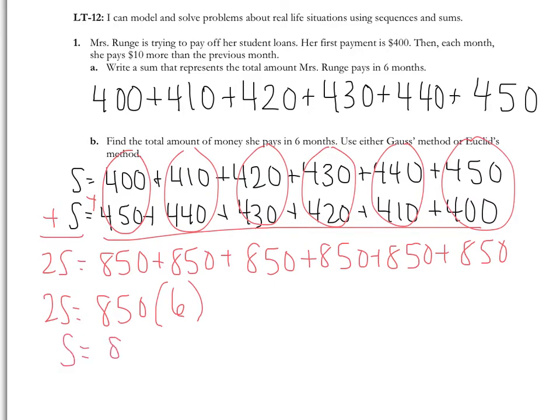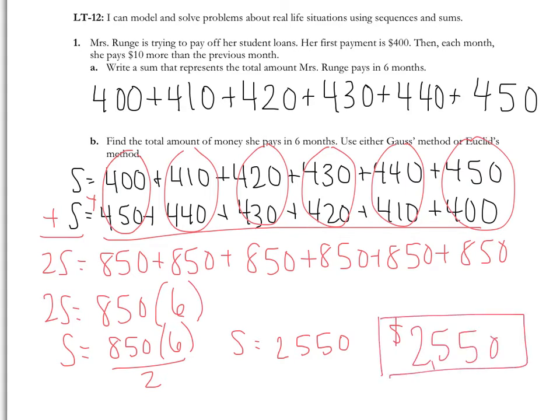So s is 850 multiplied by 6 and then divided by 2. And if we were to take out our calculator and actually calculate this, we would end up getting $2,550. So over the course of the first 6 months, I pay off